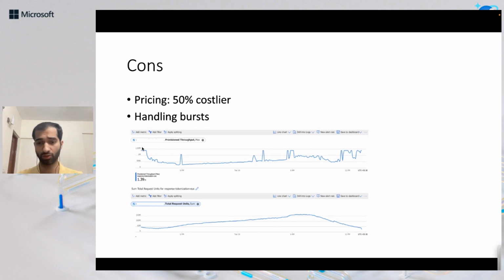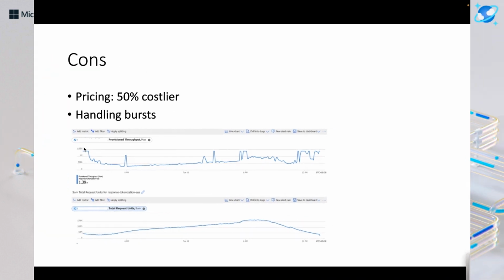Even further, now take a look at the image which is there. The pattern in which the RUs are being provisioned is also not the same as the usage pattern. The usage pattern is at the bottom, whereas the provisioning pattern with the autoscaler is at the top. As you can see towards the right end of the image, even though the usage is very less, the autoscaler is still provisioning at the maximum throughput, which in this case we had set to 1.4 million, and it is provisioning at 1.4 million even though it is not needed. So this is a serious issue with the Azure Autoscaler.